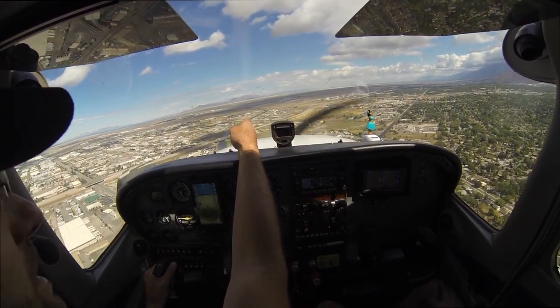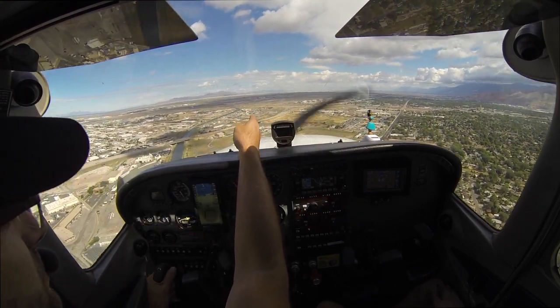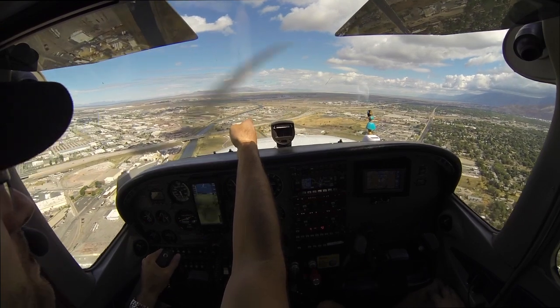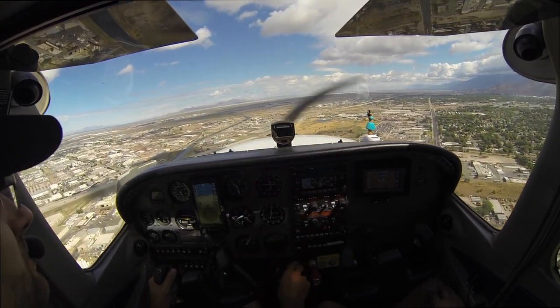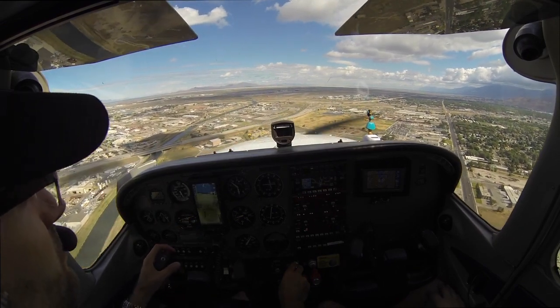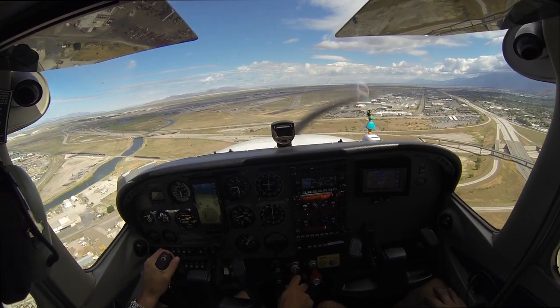See, he's actually landing on the same runway we are. So this will give that Airbus a little bit more time to get out of there. Yeah. You know what, I could...